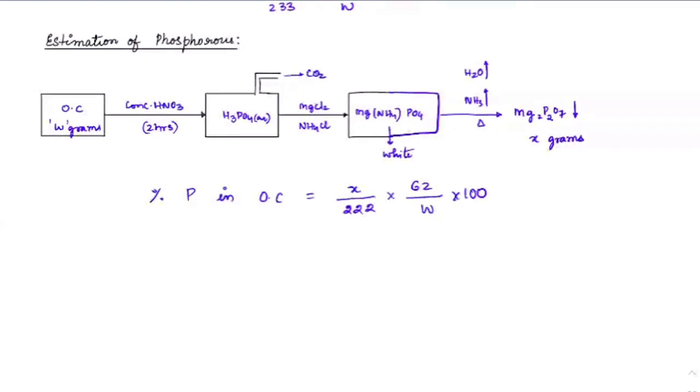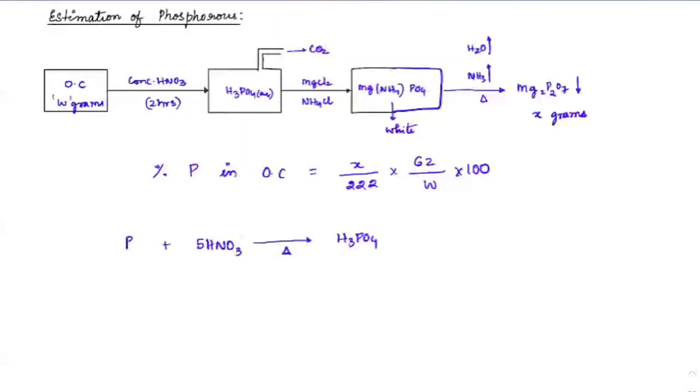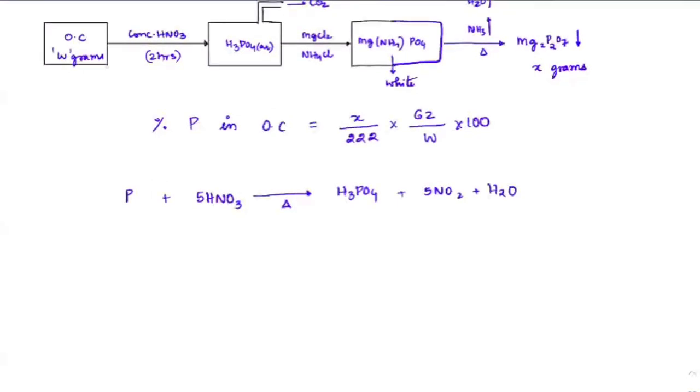Is this clear, everyone? In case you want to check out the complete reactions, it goes like this. Phosphorus present in an organic compound, when treated with 5 moles of HNO3, gives H3PO4 plus 5 moles of NO2 plus H2O. This is what is formed, and when you treat this H3PO4 with MgCl2 in the presence of NH4Cl,